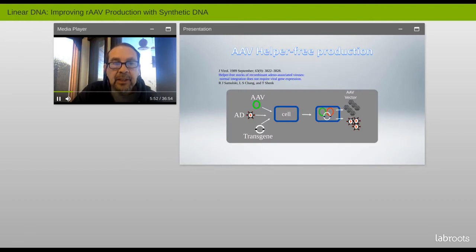If you advance, you can see that this was first demonstrated in 1989 in a paper published in Tom Shenk's lab at Princeton, where we separated the cis-acting elements, illustrated by the dark boxes in the plasmid at the bottom, from the trans elements, which are represented by the plasmid at the top. If you transfected these two plasmids into a human cell and once again infected with adenovirus, you would turn on the replication genes and the capsid genes, and they would rescue the cis element and package the foreign DNA into an AAV particle along with adenovirus.